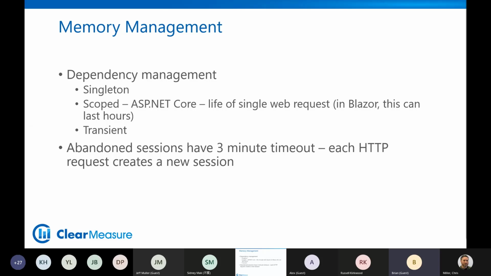Why? Because when I call a URL, the server actually sends back the Blazor JS file, which immediately calls back and opens up a WebSocket back to the server and sits there. And then all the back and forth for hours and hours and hours happens over that WebSocket connection.